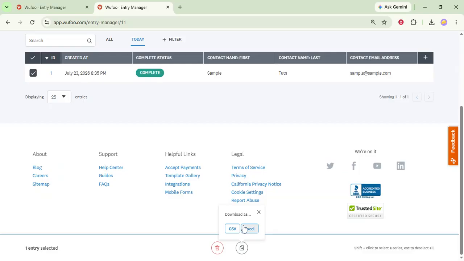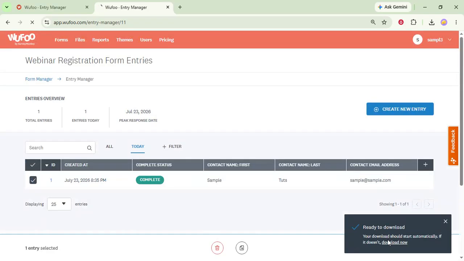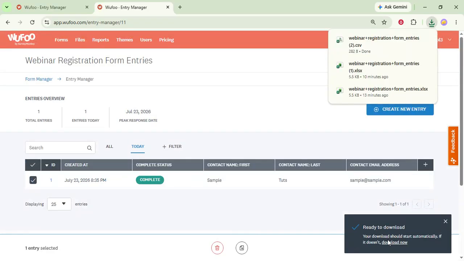Select your preferred format by clicking on either CSV or Excel, and there you have it. You've successfully exported your data from Wufoo. By following these steps, you can easily obtain your form data in a format that suits your needs, whether for reporting, analysis, or sharing with others. Remember, exporting your data regularly can help keep your records organized and make it easier to track and analyze trends